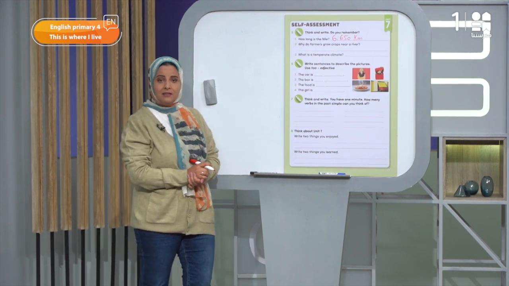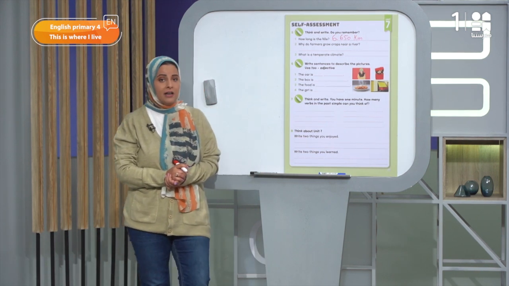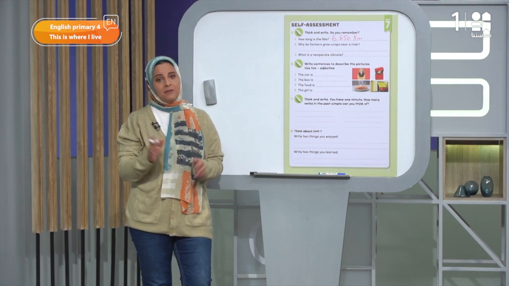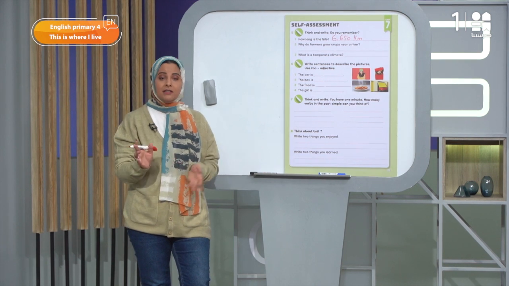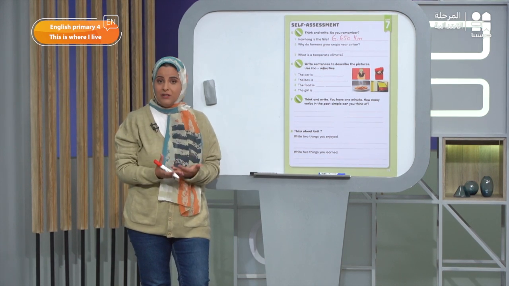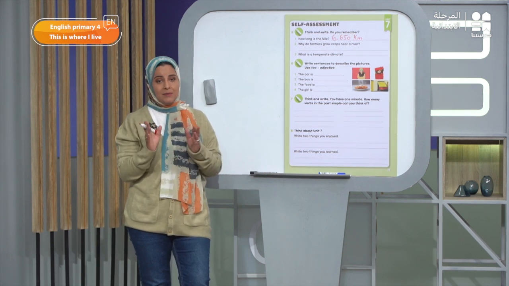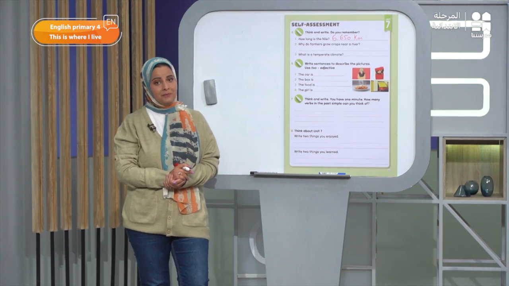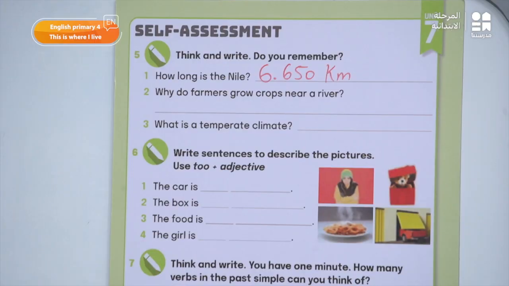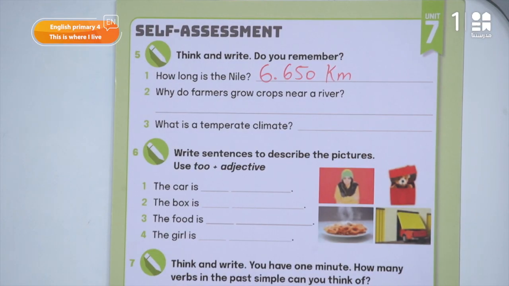واتكلمنا المرة اللي فاتت لما قلنا كلمة fertile قلنا fertile و fertile the same بس different accents, American and British. لازم نبقى عارفين النطق الصح عشان ما حدش يجي يقول لنا لا انت بتقول الكلمة غلط. لازم نبقى عارفين الاكسنت اللي احنا بننطق بيها. So, why do farmers grow crops near a river? Because the soil is fertile and there is water.